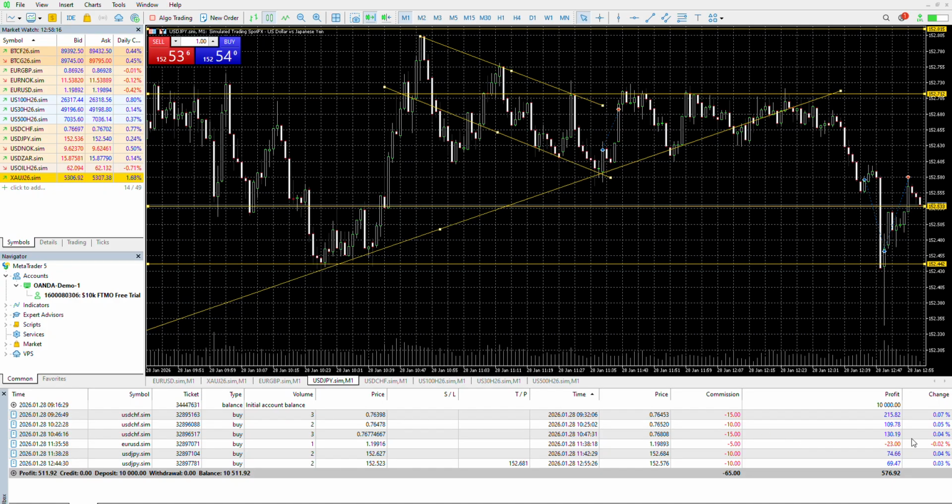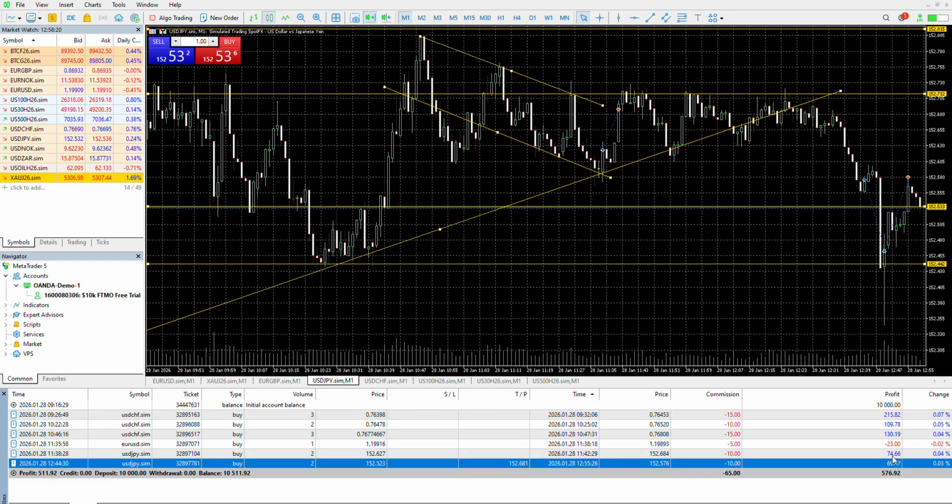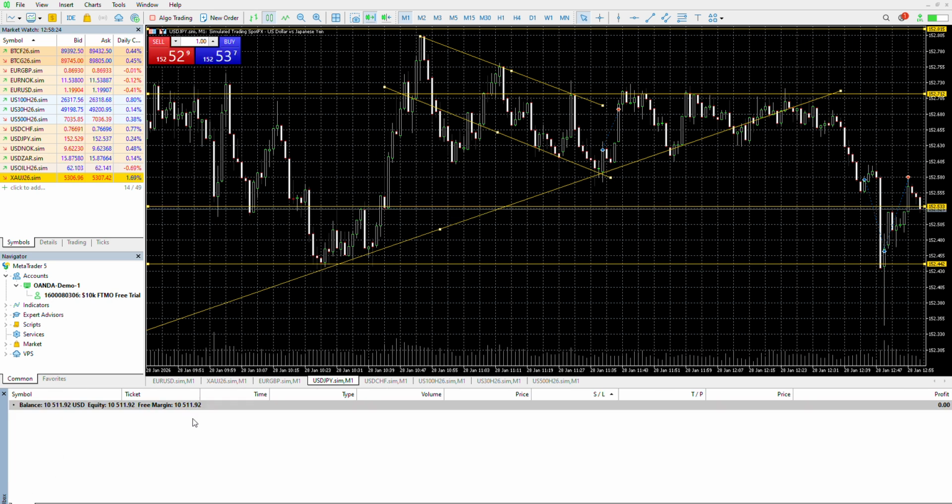make it work. Now, I had one loss here, but the last one is quite interesting. So currently the objective is $500, but it takes a minimum of 2 trading days to pass as one of the requirements. So here's a trade that I made. Okay, so this is something that